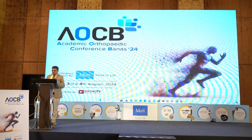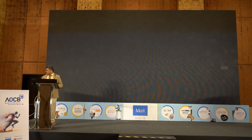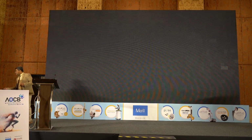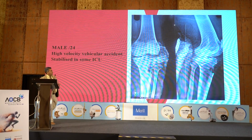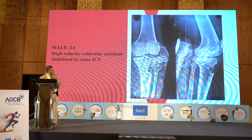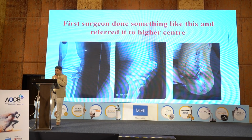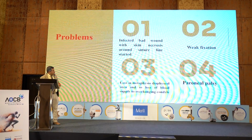There are multiple uses of these vascular tissues, but I have a few examples. A tibial condyle that is totally shattered went to some ICU, ambulance driven. Some surgeon did a fixation like this. The tibial condyle is overhanging, and then the patient was referred to a higher center. In this situation,